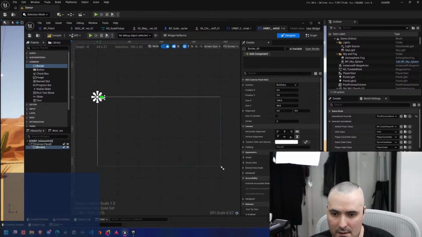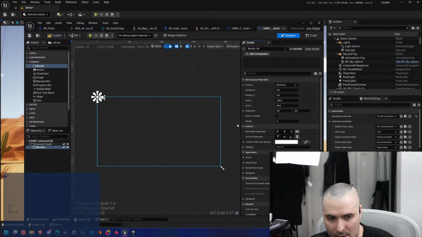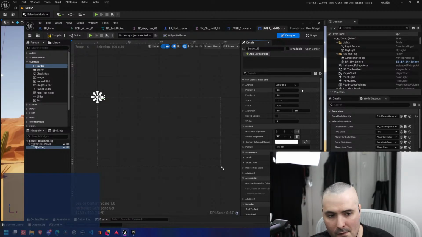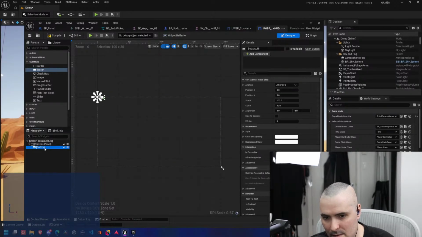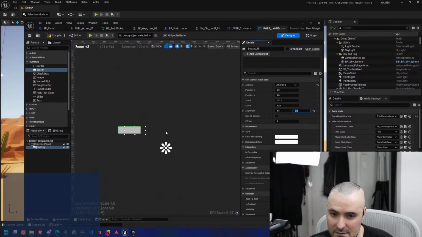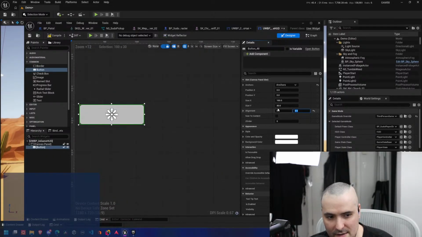And then this border here. Maybe button. Okay, so we're going to anchor it in the center. Bam, bam, bam. And then here it's 0.5 and 0.5. Now it's centered. Look at that, it's perfectly centered.